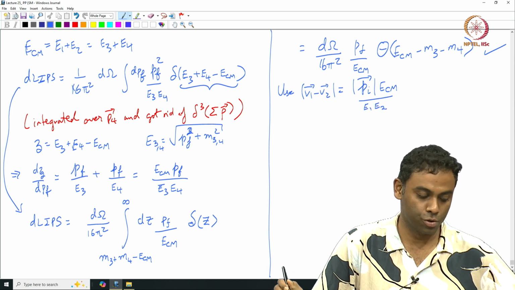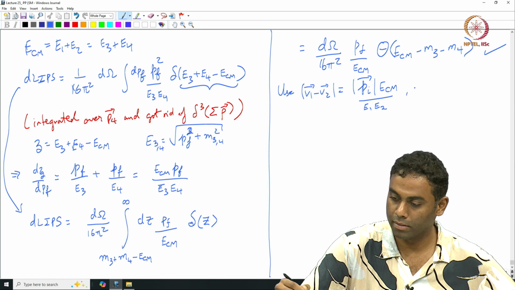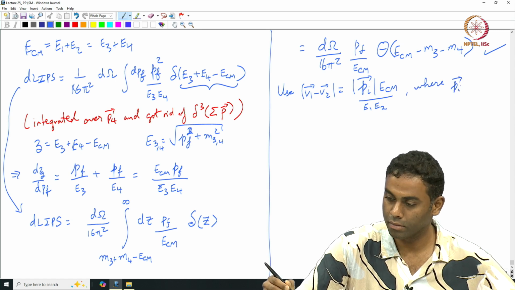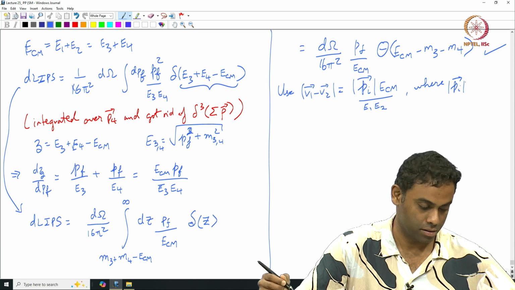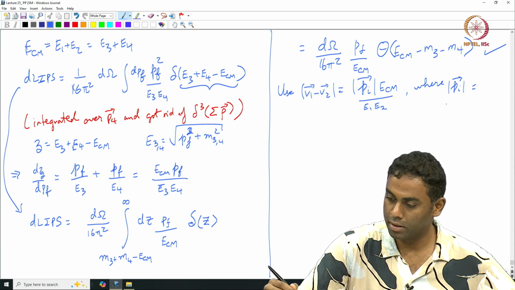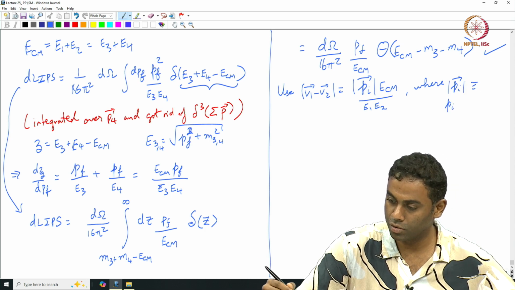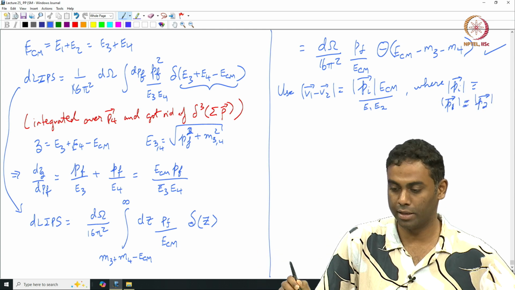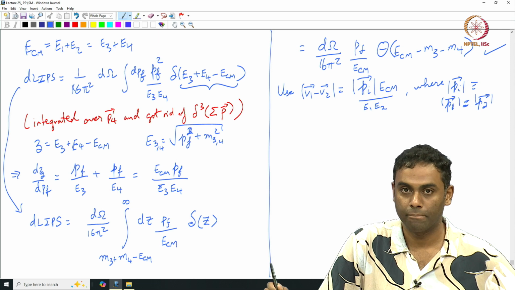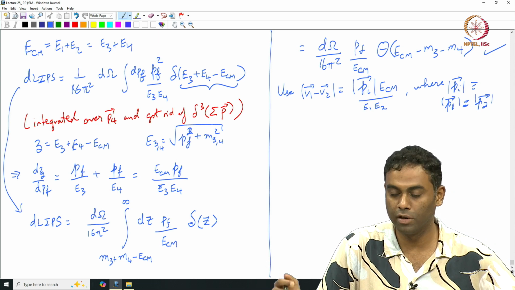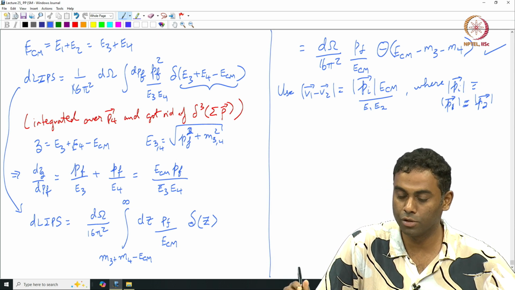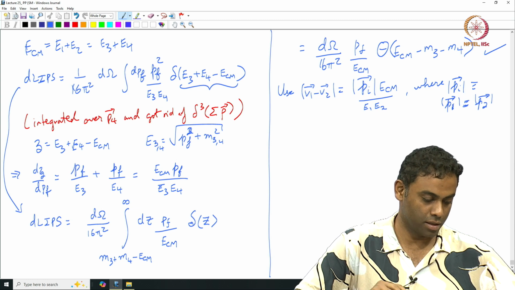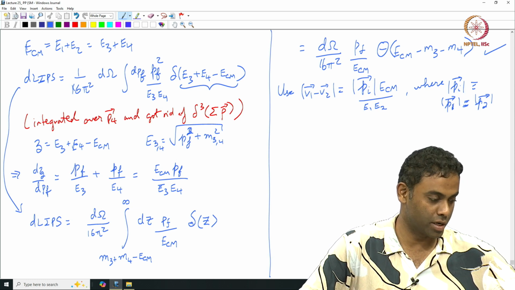I am going to ask you to do it, okay, where the initial momentum is what I define as Pi, P1 and P2 are equal, right, the magnitudes. That is what I mean by Pi here. Okay, I mean this is very simple. Okay, it is very simple to derive. So you can get that,